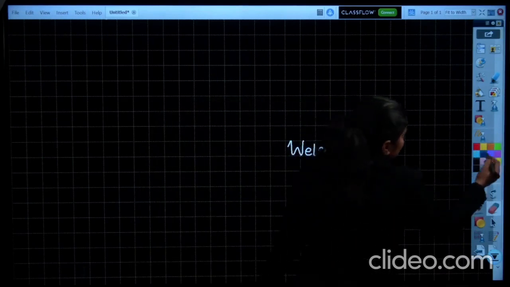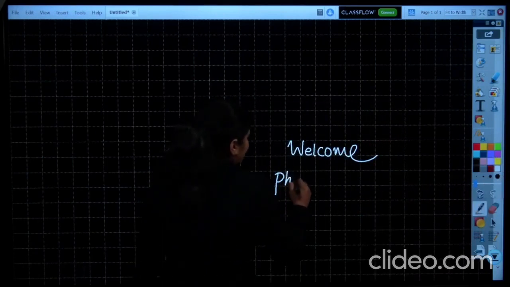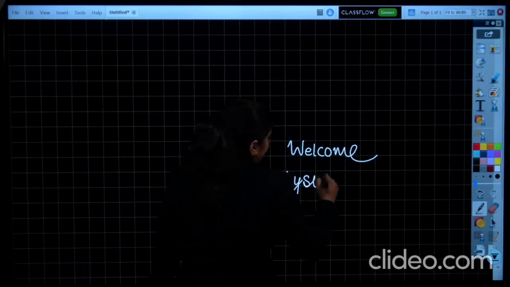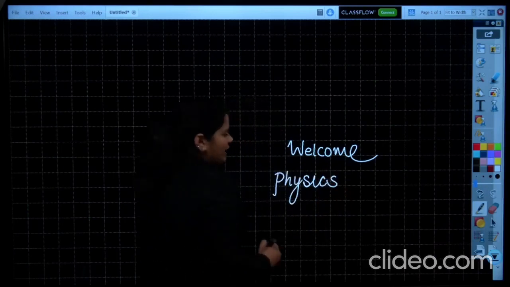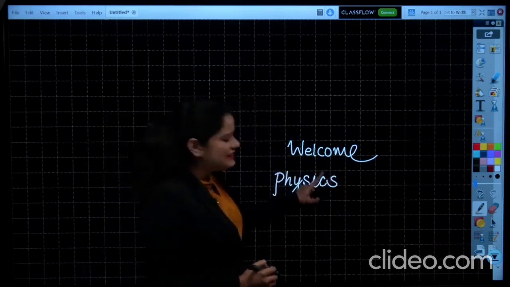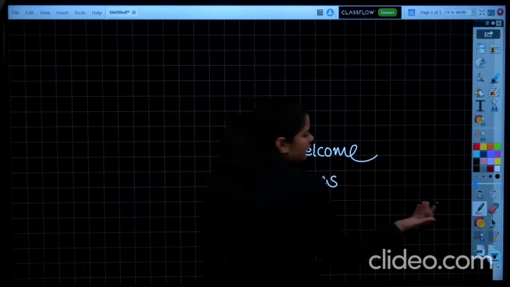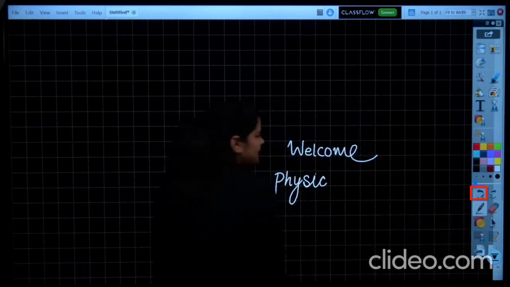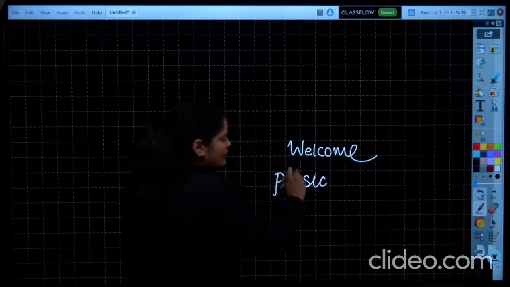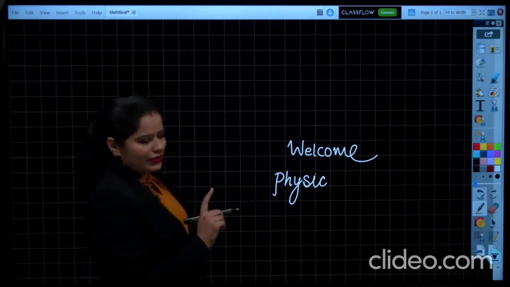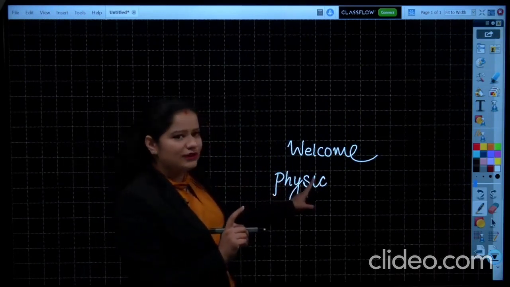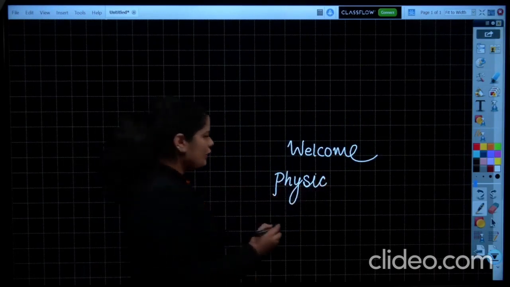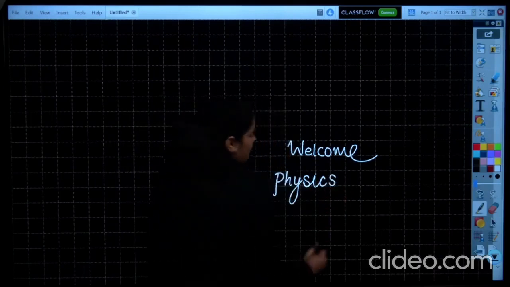Okay. So let us suppose I want to write something. I have written with the help of the pen tool the word physics over here. Now I want to write this S more properly, or I have written something which is not clear. So I can just undo. Whatsoever you have written, the last word will get undone. You can see here I have written the word physics and the last S is now removed. So I can write it properly.